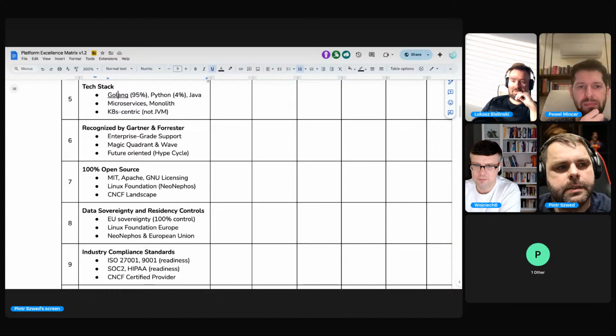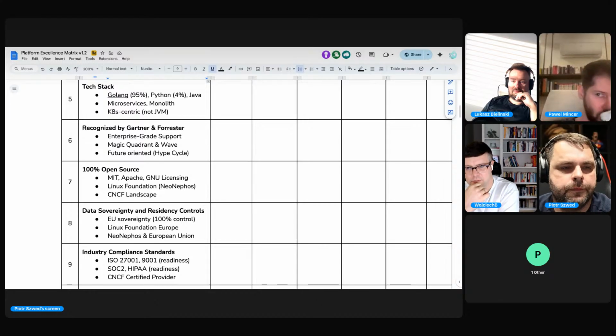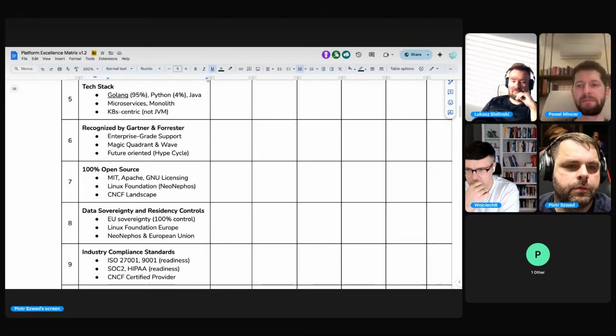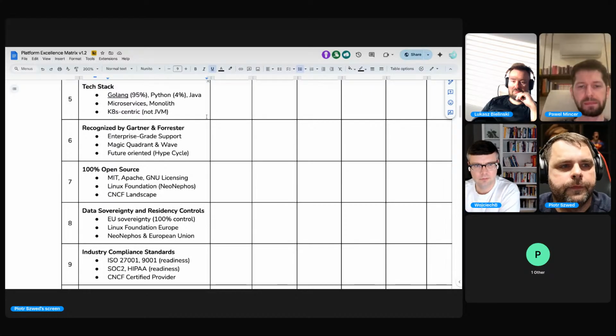I can imagine some exceptions like Artifactory, for example, written in Java, but exposing really nice REST API interfaces, right? So we are just consuming Artifactory services and features through the REST APIs, and then we don't care too much about the backend engine, right? But when it comes to the core of our platform, we don't want our platform to wait 2 minutes for the garbage collector to be initialized or anything like that, right?